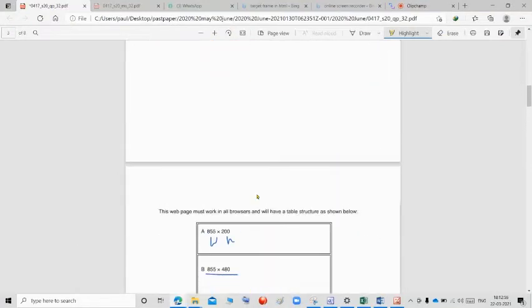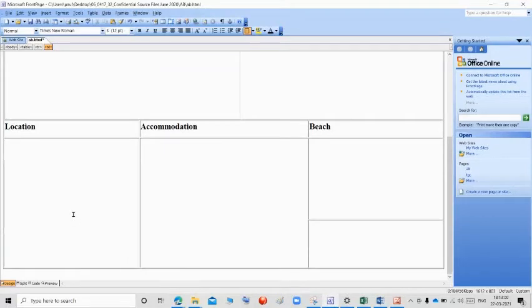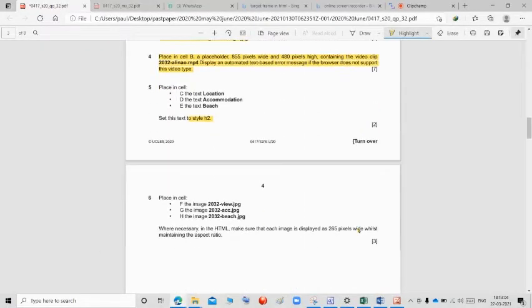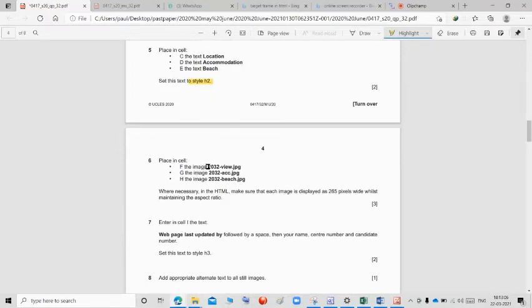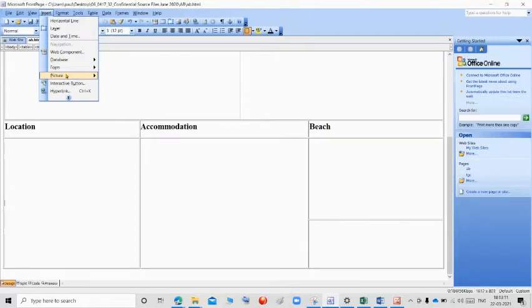So see in the diagram table, this is the F. The last one is the F. So in this we are going to insert the image 2032 view.